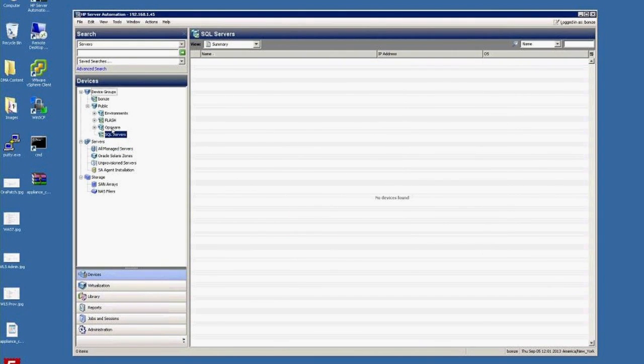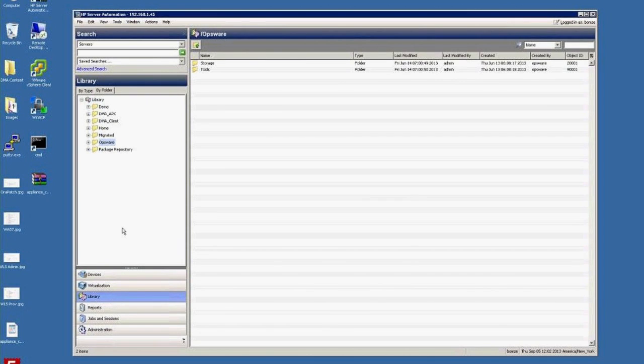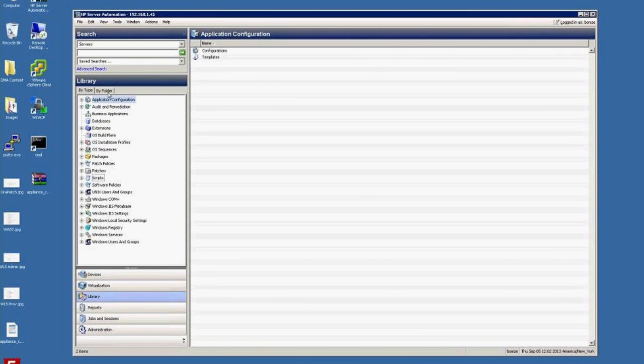Server automation is powerful, guys. The ability to run my data center, your data center, from a single console. I'm not going to say pane of glass, but it's a console that allows you to get into all these different kinds of servers, manage their life cycle, soup to nuts, from creating them, configuration management, configuration drift, patching them, running audits against them, running reports against those audits,